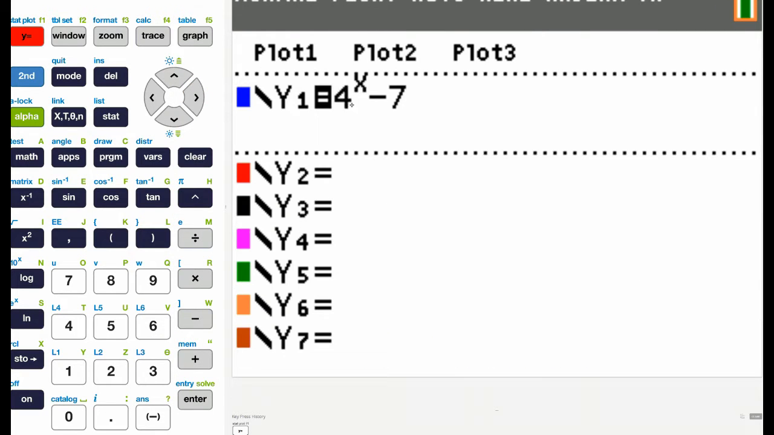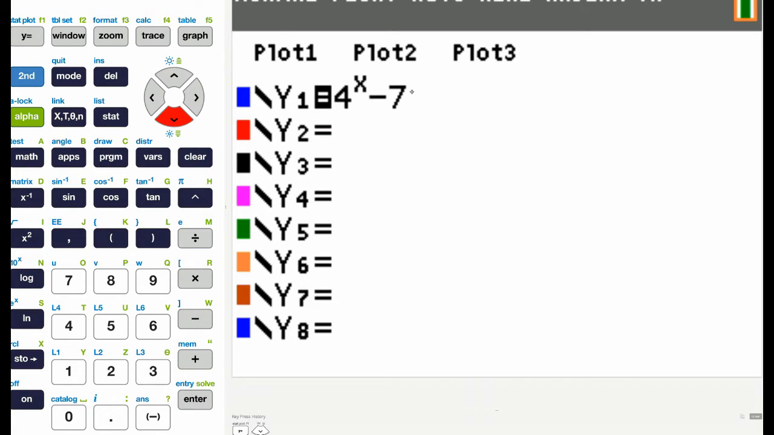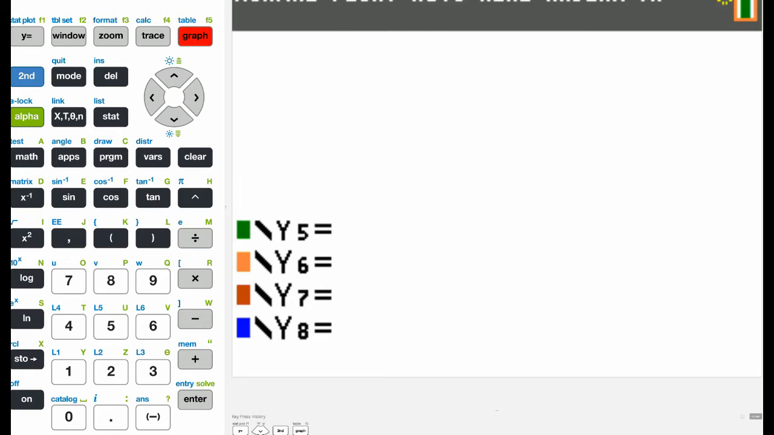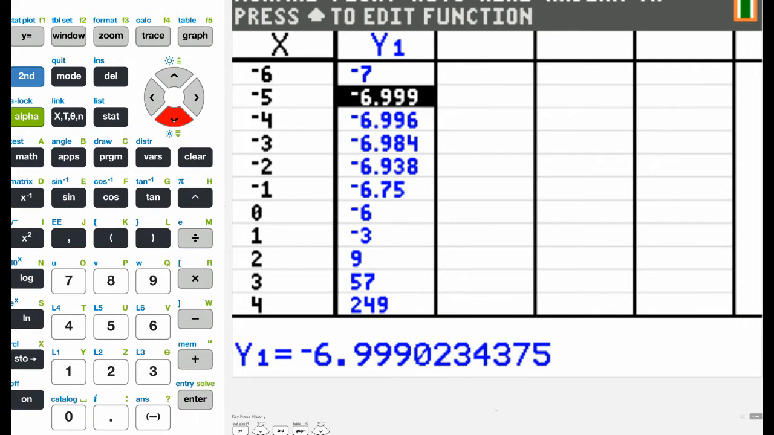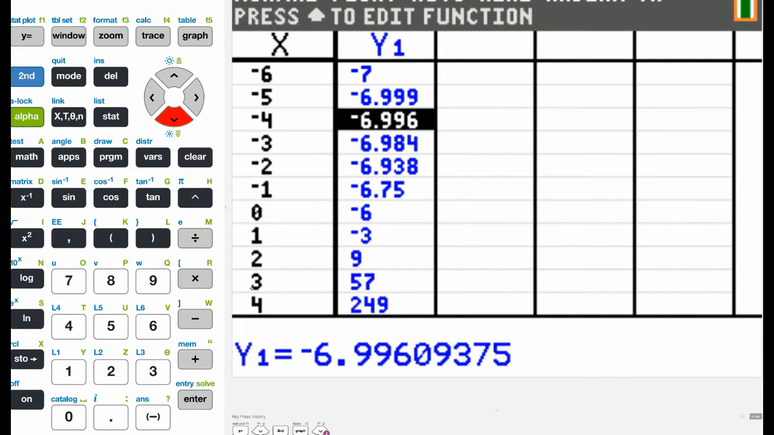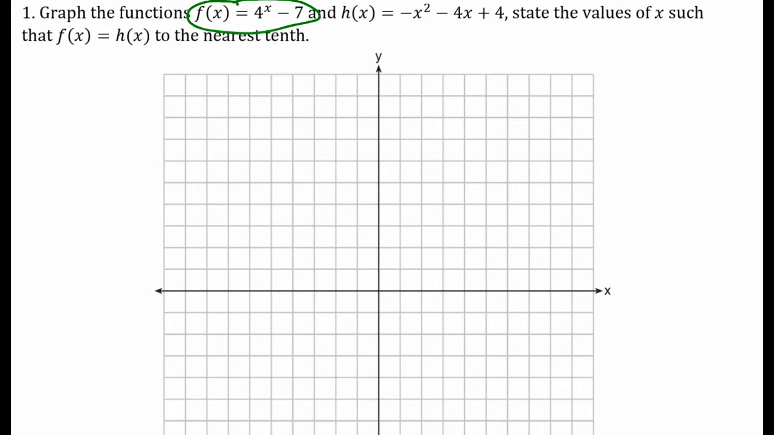If you go to y1, type in that first function, 4 to the x minus 7. Make sure that minus 7 is not in the exponent. Go look at a table. I can't plot the point 357, but I can plot 2, 9. So I'm going to plot the point 2, 9,